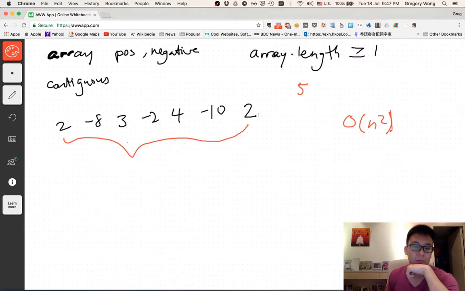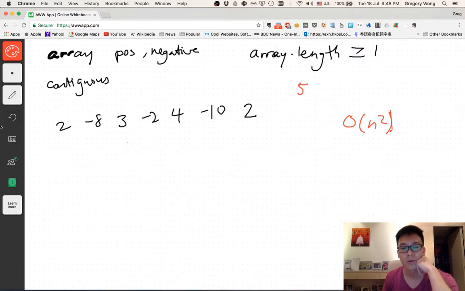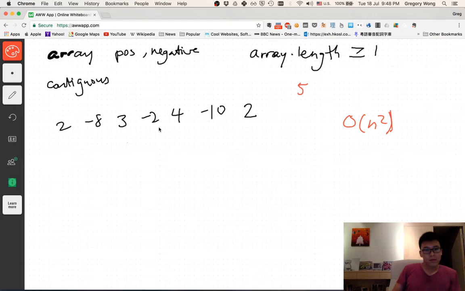I don't think it would work because I was thinking of removing one element at a time, but then when I remove it, it could be smaller. Let's say here, if I remove 2 from the end, it would be smaller, and it wouldn't mean anything to me. So if it was O(n) time, that means